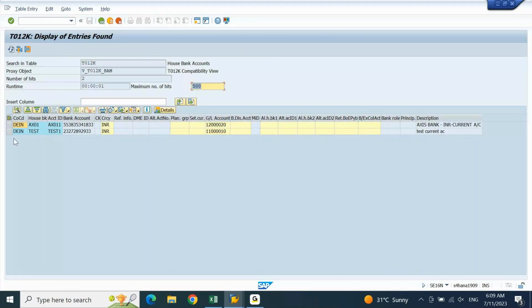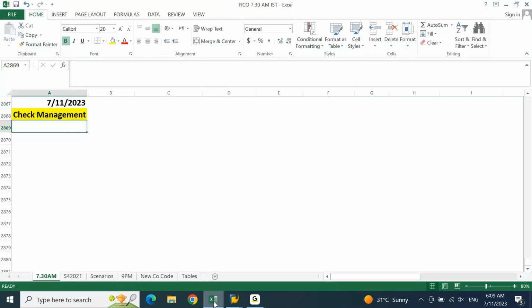One is the Axis bank account. The other one, for testing purposes, we created a test current account. So we will not be doing anything for this test account. We will have to create the check program, or we need to ensure that the checks are generated from the Axis bank account. Let me write down here. We are using Axis Bank